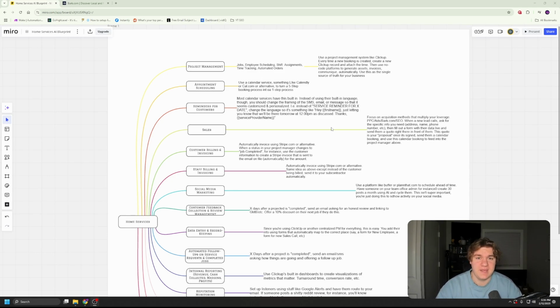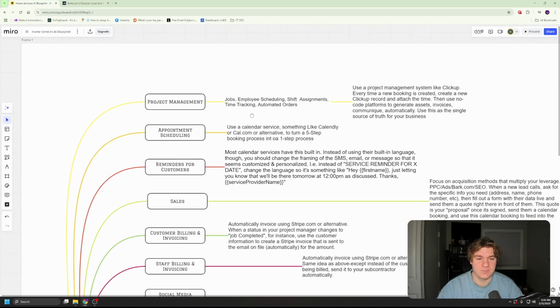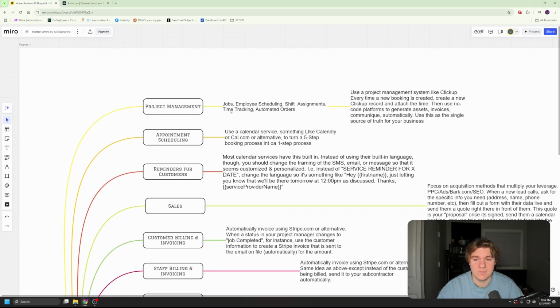Really the first and main thing that you want is a project management software. A very powerful one for that, and free, that you can even use as a lead magnet for home service businesses: ClickUp. You can create it to be whatever you want. I've been using it for my lead magnets, basically giving them the project management side of it for free with very little automation on it. But it's powerful. Someone enters a form, it automatically creates a new record within ClickUp. You can attach the time and everything, and you can use no-code software after that, like Make.com